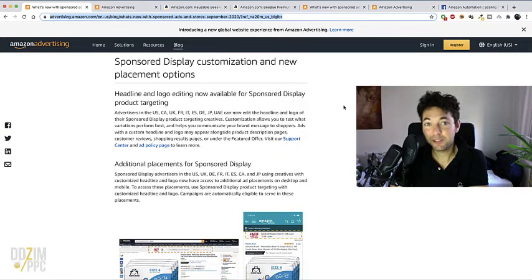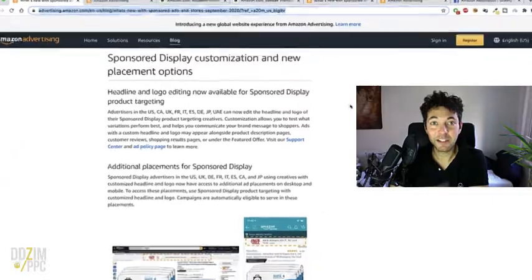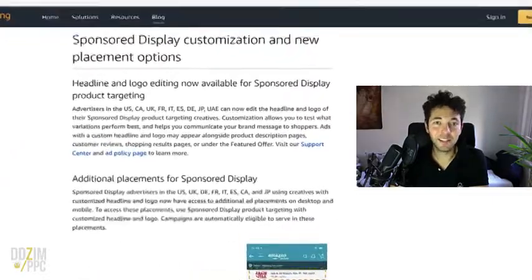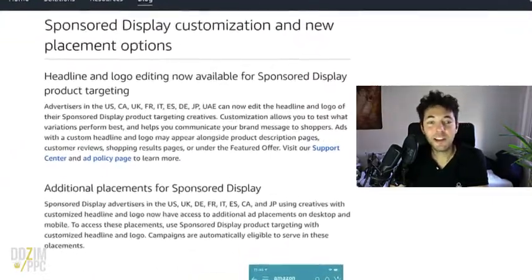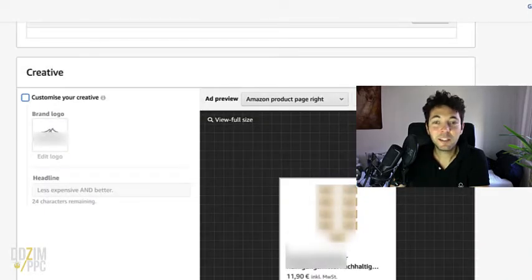And I thought since there's not too much going on today in the world out there, I'm just going to bring you some updates that have come in from the world of Amazon PPC in the last couple of weeks. And first up we have sponsored display ads now having customizable headlines. Now this is going to be a great way to really get the most out of your click-through rate from